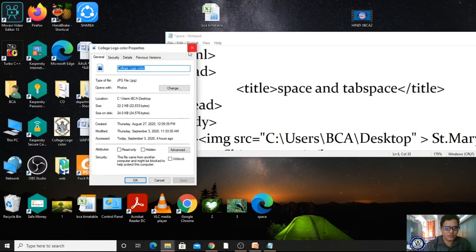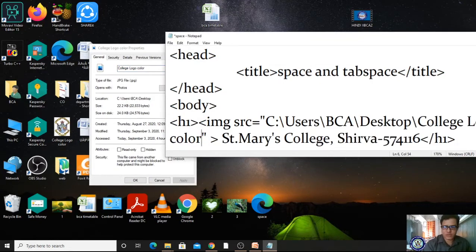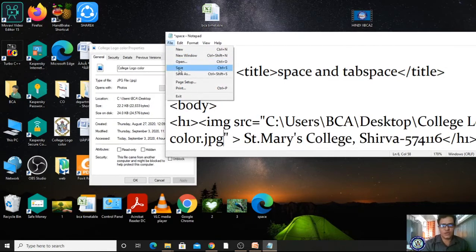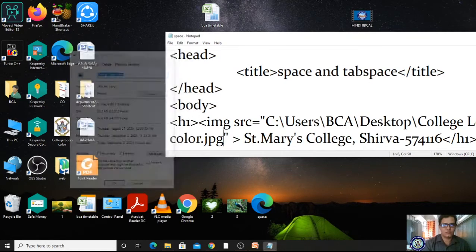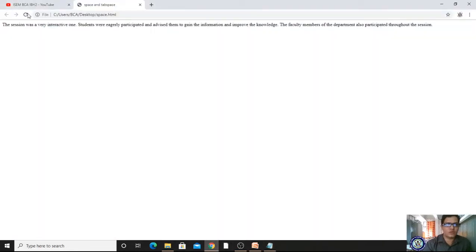This is the name of the file and it is the type. Afterwards a slash, paste, slash jpg. Now I'm saving. Once again I'm checking. Got it? Yes, I'm opening my browser and refreshing.